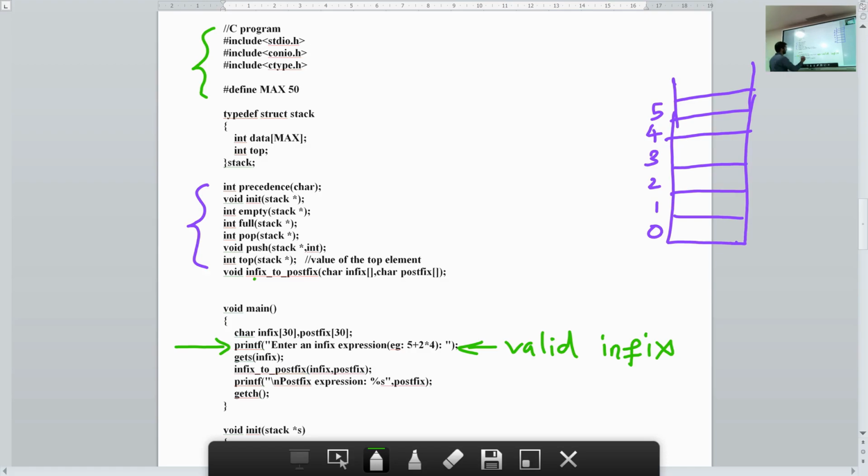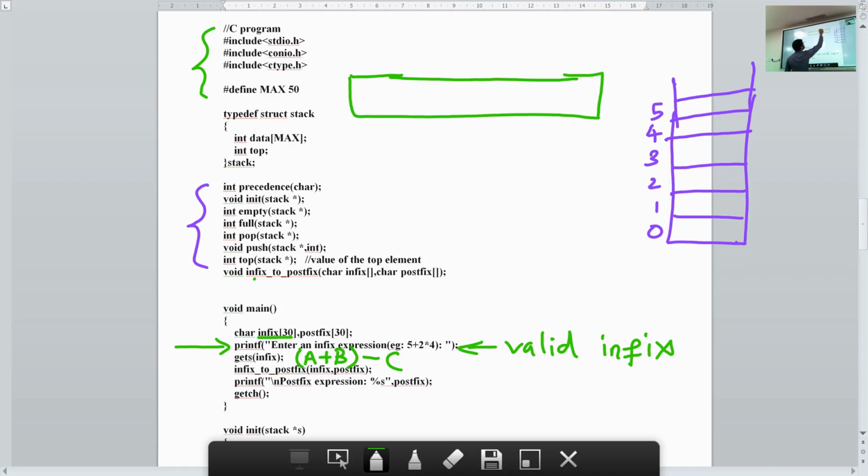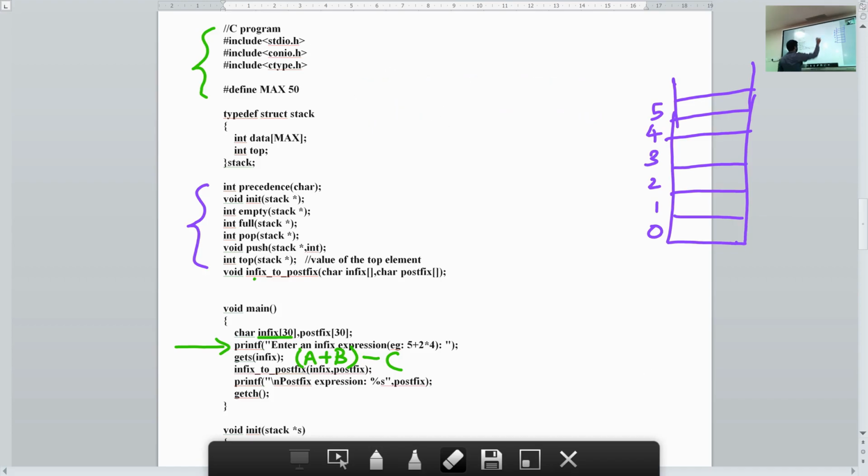Suppose the user enters the expression as a plus b minus c. It will be stored in this infix array. Suppose this is your infix array. Let me draw the array here.